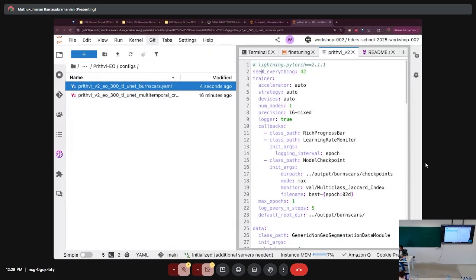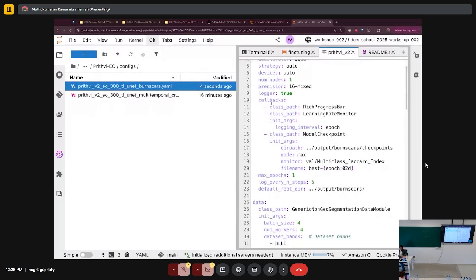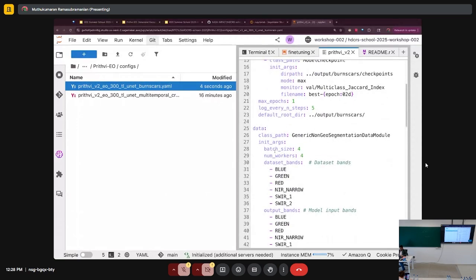So this is the YAML file that, if you have used TerraTorch, you should be familiar with. This is just a way you define the trainer, the devices, the batch size, number of workers,